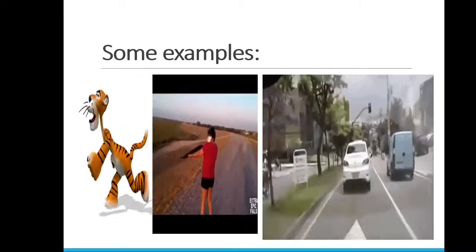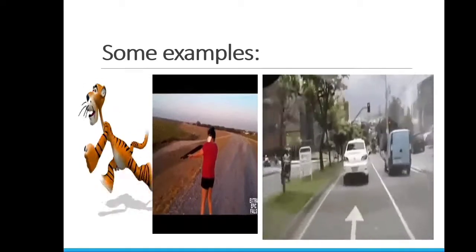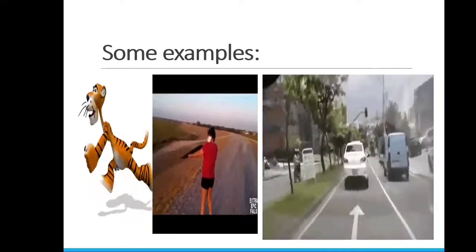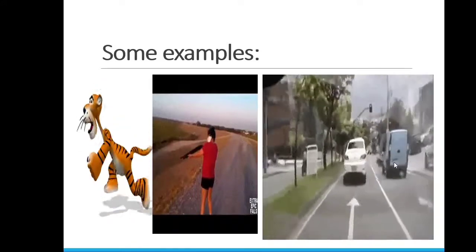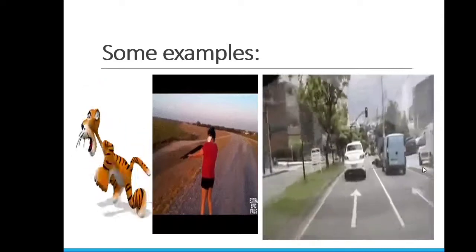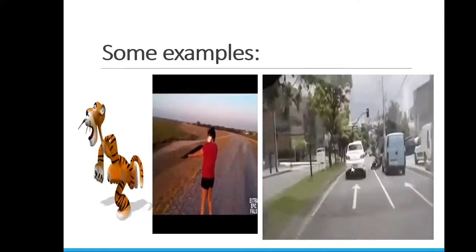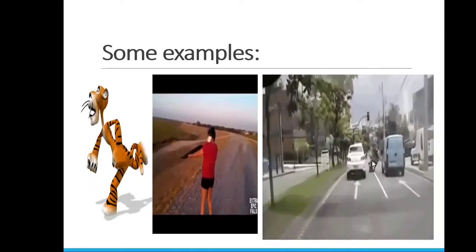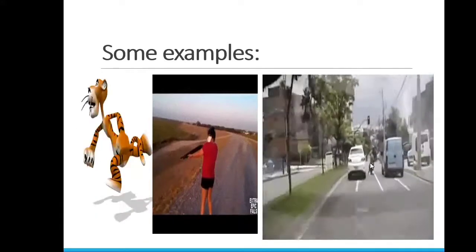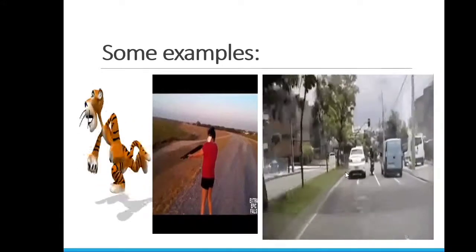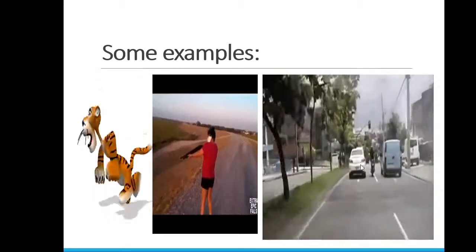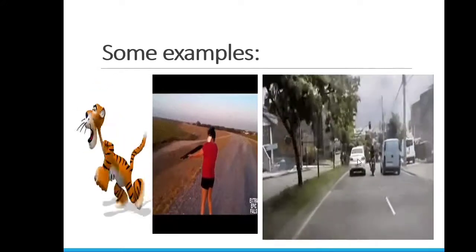So, here you can see in the third example that a biker tries to kick a car, but instead he falls down, but nothing happens to the car. Why does it happen? The guy on the bike is applying an action force on the car, whereas the car is also applying a reaction force back on him.